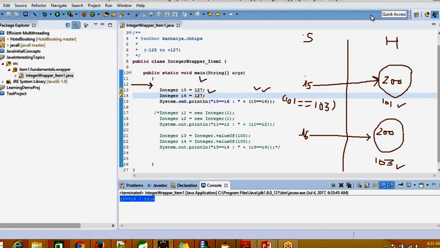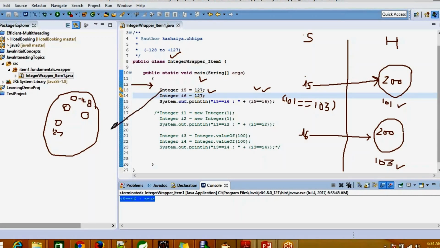So similarly, for values up to 127, what Java will do in the heap memory area is cache everything. All Integer values would reside in this cache area or integer pool, from minus 128 to positive 127, so kind of 256 values. Say for example, this one is 127. Whenever you do something like this, it would be referred from this object itself.